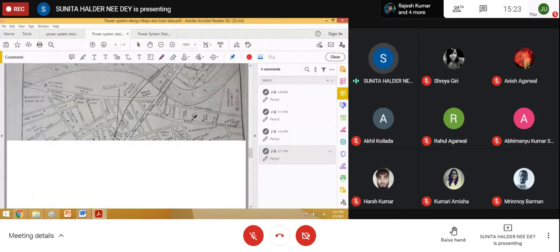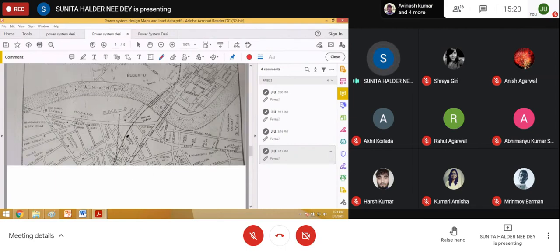Where there is a doubt, you leave only that portion, right? Otherwise, you cannot proceed. Because road segmentation is not the main issue of this design, but this is the major issue. Okay, that's all for today.